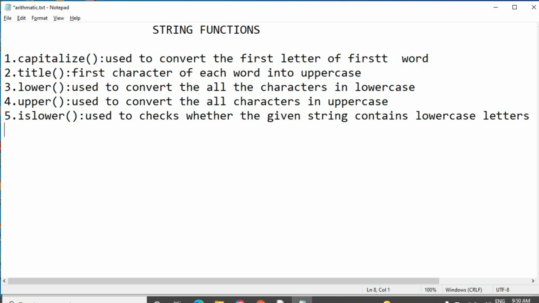The next one is the isupper function. This is the direct opposite of the islower function. It is used to check whether the given string contains uppercase letters or not.